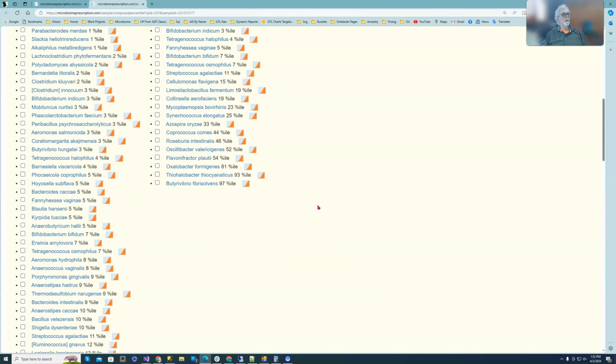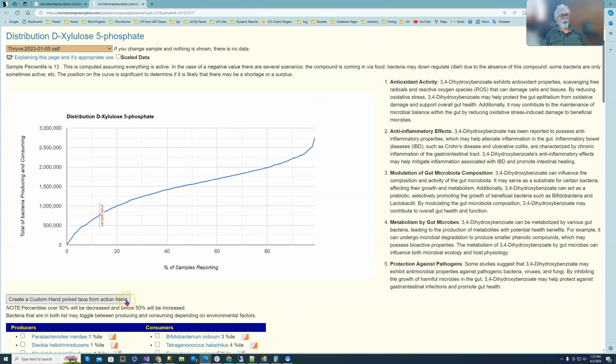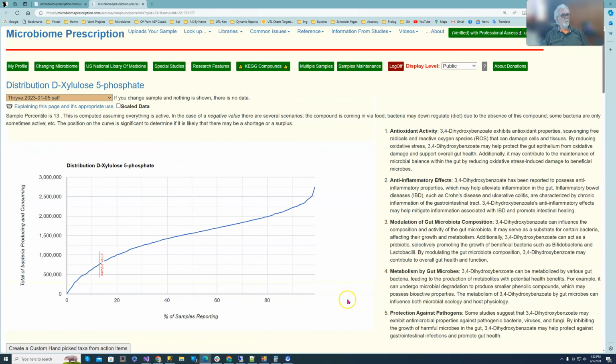I'm sorry about that. Simply the reality, and click and say, okay, I want to try to increase some of those, add it to a hand-picked taxa, get suggestions from the hand-picked taxa, which is not going to be covered here. And that's it. So now if you change to a different lab, like going over to the biome site,